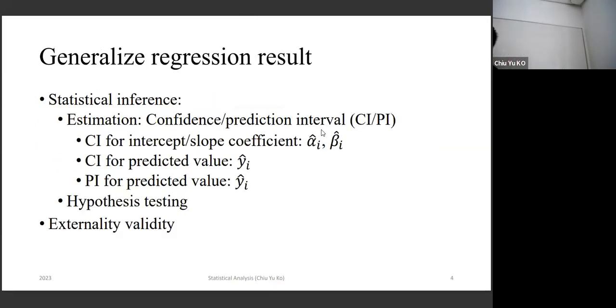So the idea is, we have the line, then how do we do more? Because the line just gave us a point estimate, a single line, right? But when you run the regression, there must be some stochastic error, something you didn't model. How can you do better? Just like the sample mean, we don't just give the mean, but give a range of where you're going to hit. So the same idea: we will do the regression and do hypothesis testing, and we talk about external